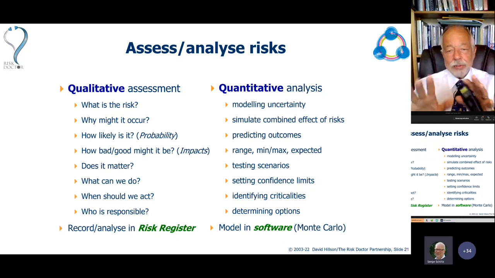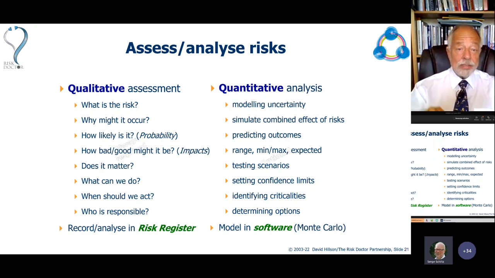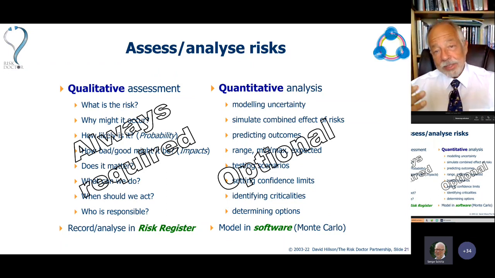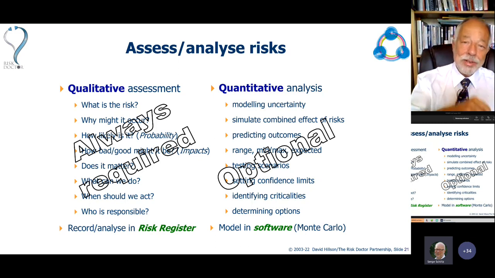Now, with these two different types or styles of risk assessment, it's really important that we understand that where qualitative assessment is always required, quantitative analysis is optional. So we always need to know what the risk is and how big it is, its probability and impacts, who's going to do something. Those things always need to be answered. But the effort of producing a risk model, of quantifying the uncertainty, of simulating it, of interpreting the outputs, that's not always required. And that might be only the case for larger projects or programs or things which are really strategically important. So we don't always need to worry about Monte Carlo simulation, but we should always worry about understanding